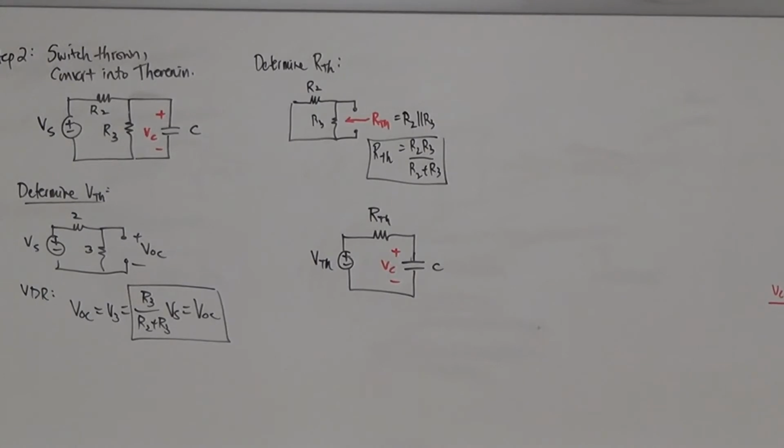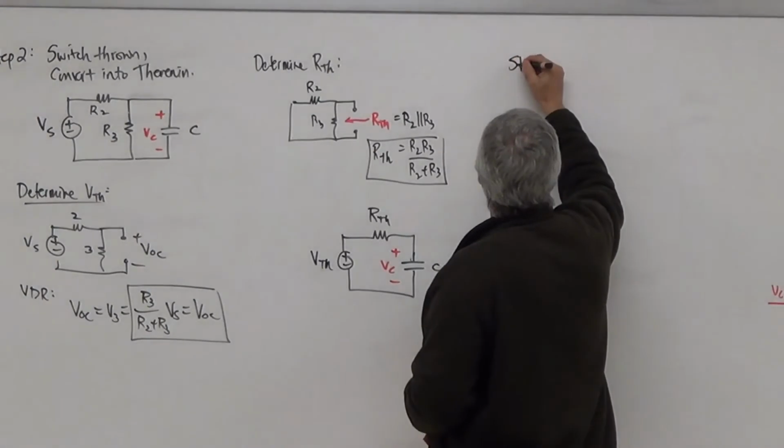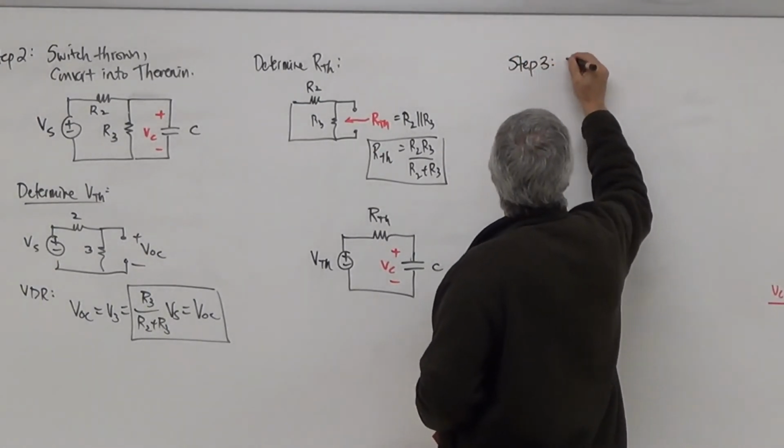No, there's no more R1, it's gone. Because the short closed it and it shorted it out and it killed it. Okay. So then, step 3 here is I got to solve the first order differential equation. Let's go do it. So now if I get to step 3 here, I need to determine